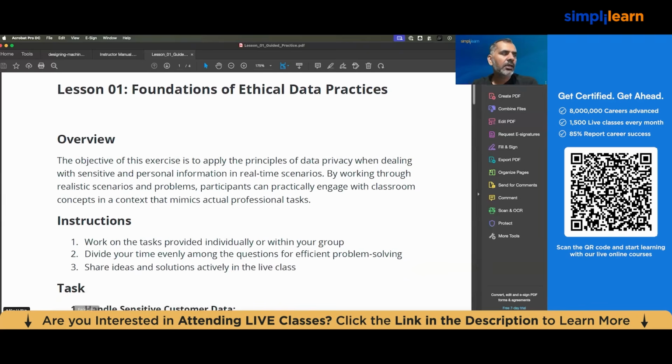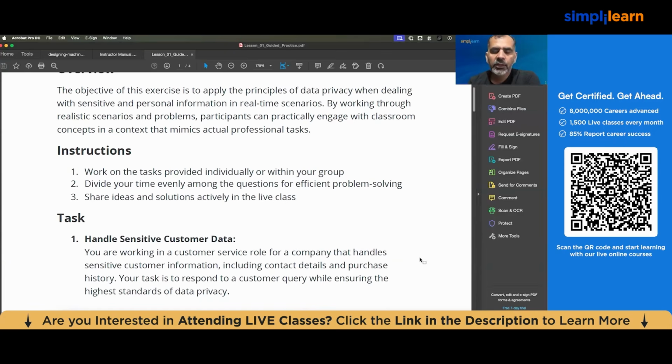Let's suppose I ask you how to handle sensitive customer data. What is your way after learning all these data ethical practices? How can you handle this customer data? Can anyone put the answers in the chat box? You can individually contribute in this practice. If I ask how you will handle the sensitive customer data, what will be your data practices for that? Securing the data, that is very good. What next? How can you secure the data? Can you use some encryption methods? Okay, so let me